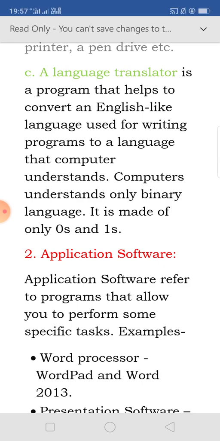Computers understand only dash language. Dash language is made of zeros and ones. A language translator is a program that helps to convert the English language used for writing programs to a language that the computer understands. So a question may come: which language does the computer understand? The computer understands binary language.